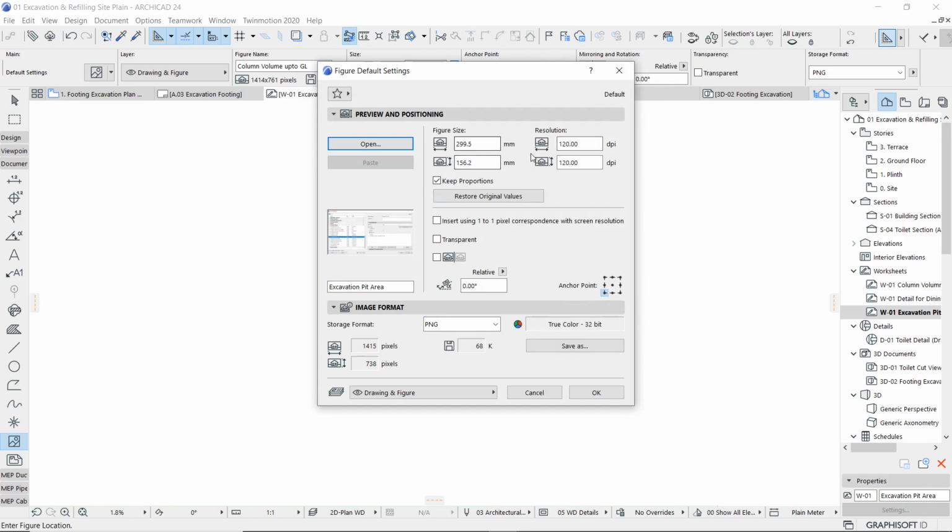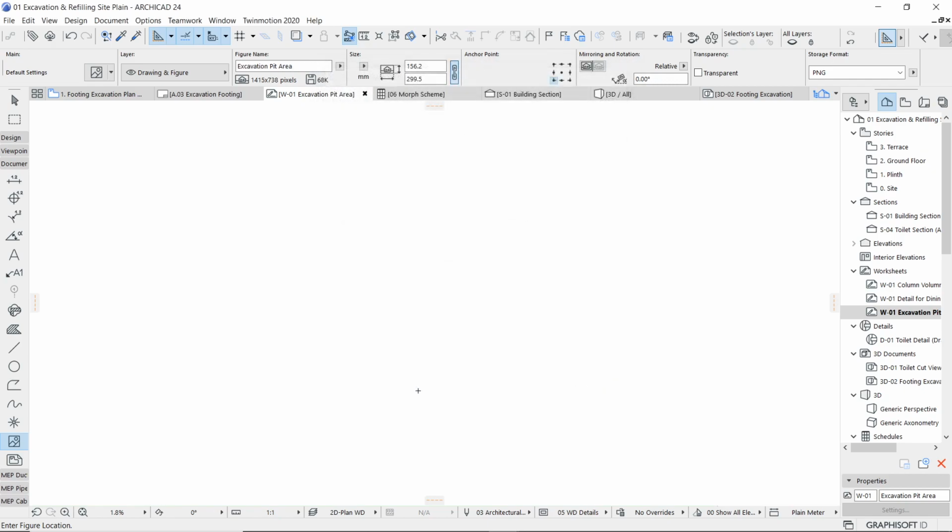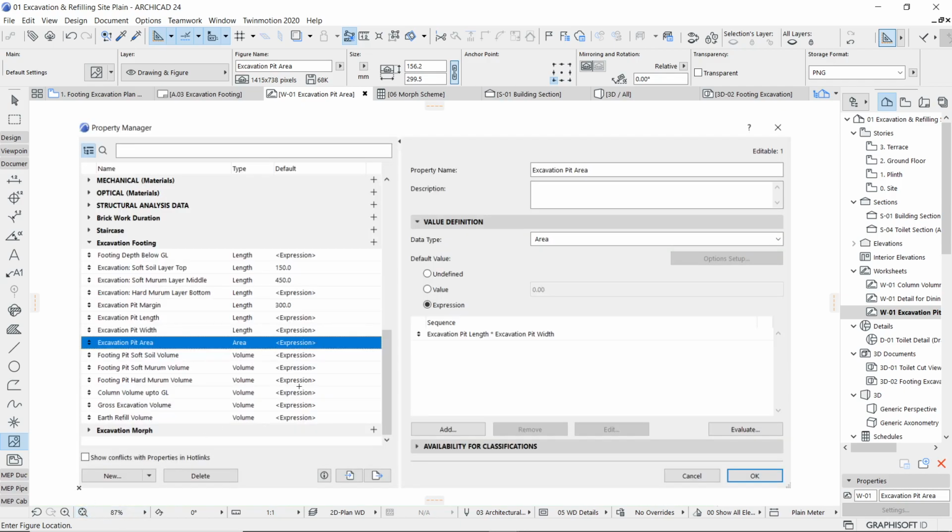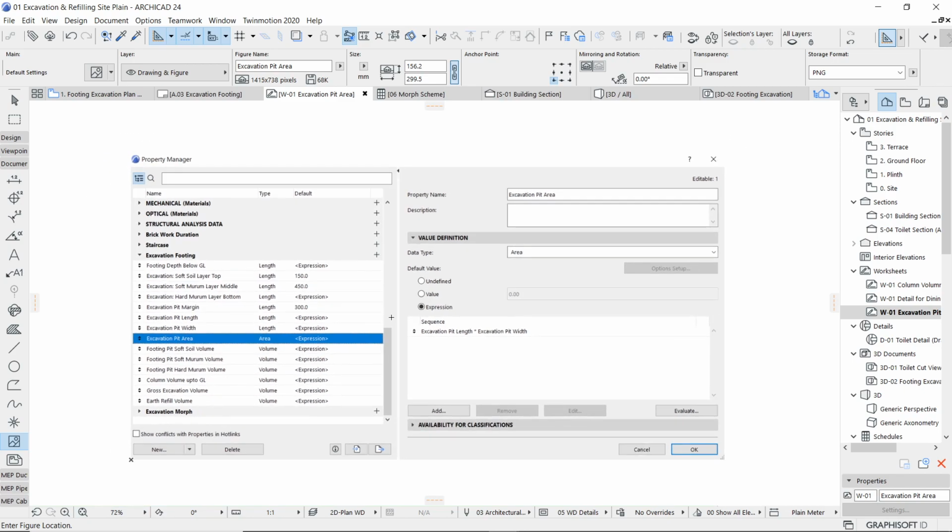The size of this image and resolution, everything should be in your favor, as should the layer on which it will get placed. Say OK, and then you just have to place it. After placing, you can use the fit in window button at the bottom of the screen, and fine,